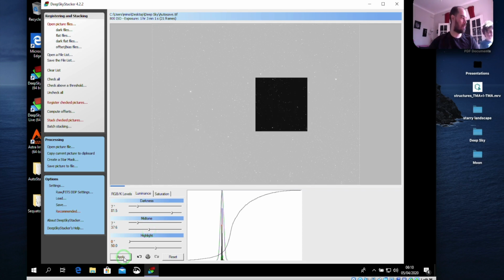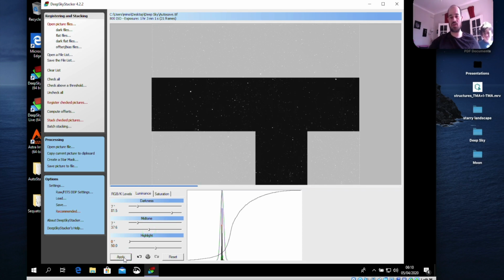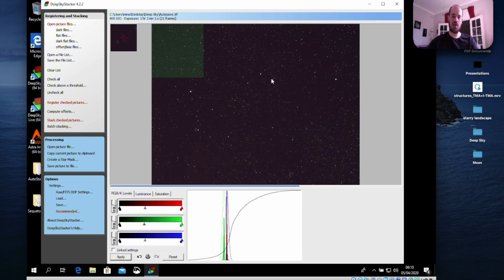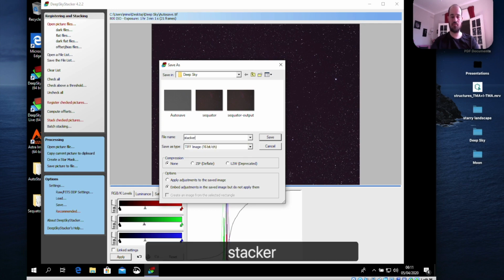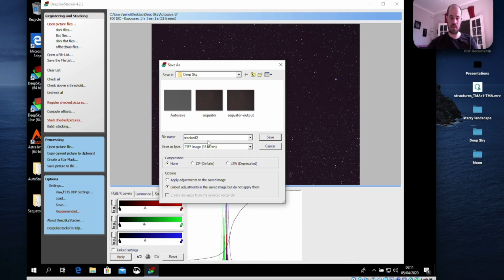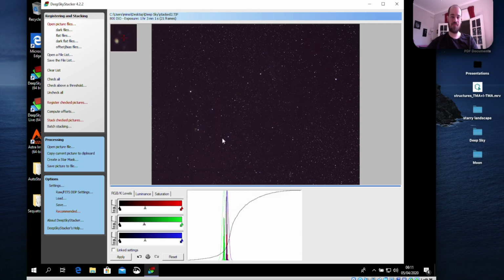And we can apply, and then you see that the image is much darker now. What I want to point out is that DSS is not really done for this kind of work, so the best thing is just save the picture to file as a TIFF, 16-bit TIFF. We can call it stacked 2, and importantly, just get the stacked image without applying any of these settings, so just embed them but do not apply them to the image. Save it, and now you can quit